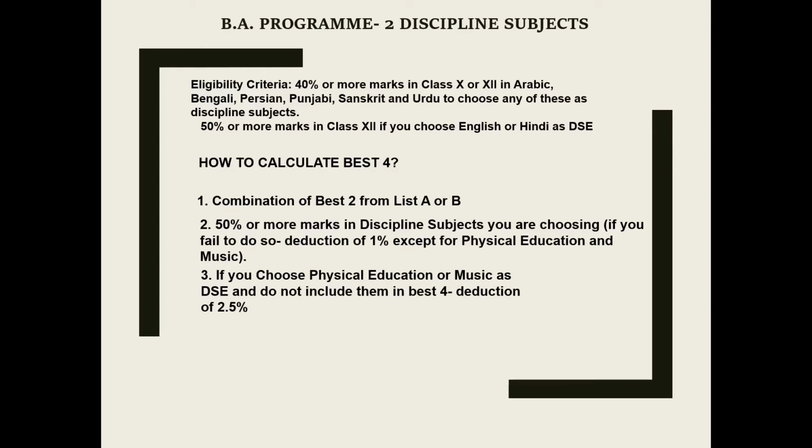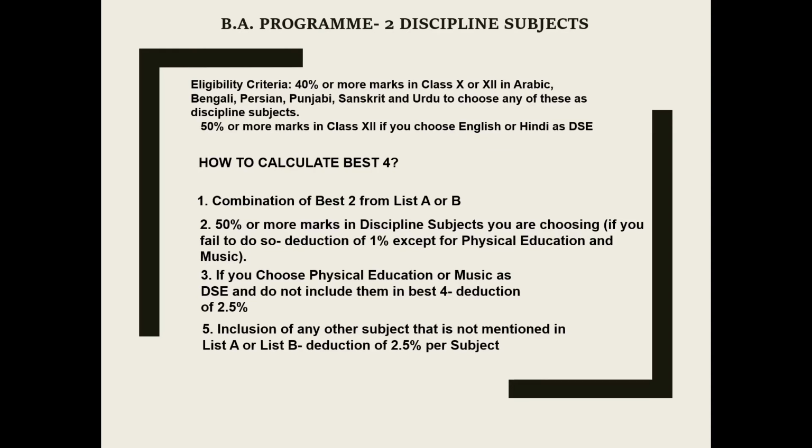A very important piece of information for every person applying for the BA program is that there are certain colleges that do not provide a deduction when you change your stream. Like, there is an eligibility criterion that you must include your marks of the discipline subject if you want to pursue it, but there are certain colleges which do not apply this particular criterion. This is a very good relaxation, and I'll be talking more about these relaxations in one of my videos which will be solely based on the BA program.